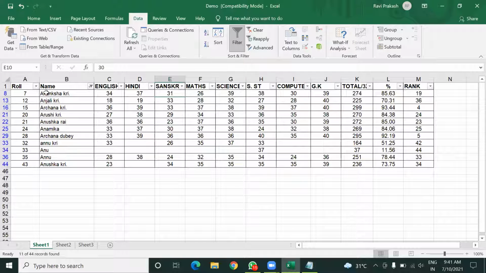Now you can see all those names starting with the character A are now showing. Understood? Yes, sir. Do you find this feature useful or not? Yes, it's useful, sir.